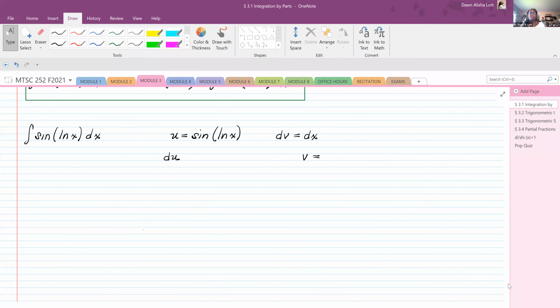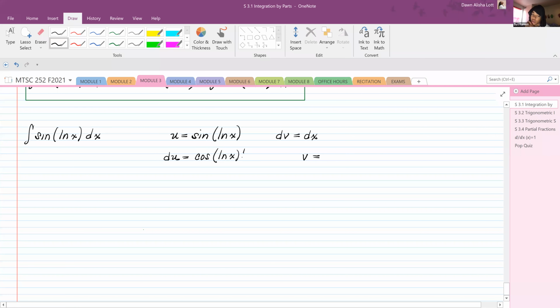So after we integrated, we got the u, du, v, dv. What did you get for du? I got cosine natural log of x times 1 over x dx. And what did you get for v? I got x. Okay, so you got the integral of the sine of the log of x dx